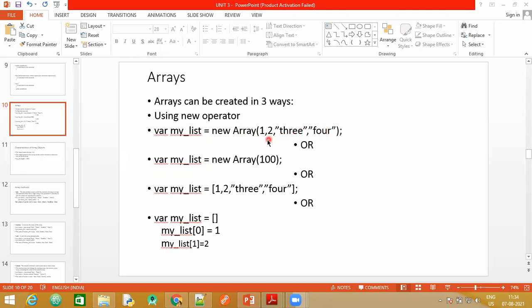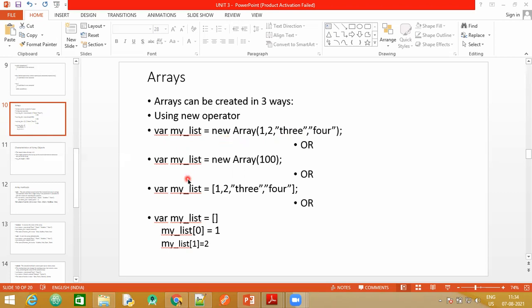So in JavaScript, it is not mandatory that your array elements should be of the same data type. The elements present in the array can have different data types, but still belong to the same array. So this is one method of creating the array, by making use of the new keyword or the new operator.